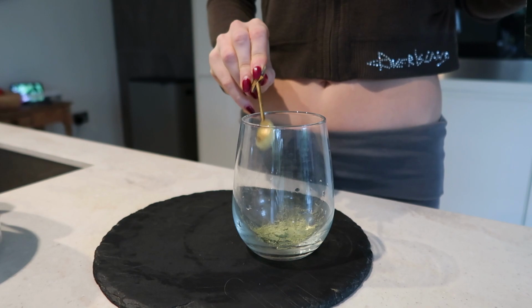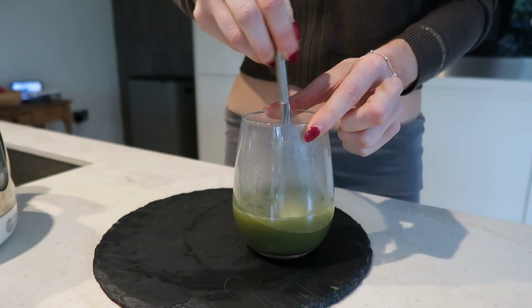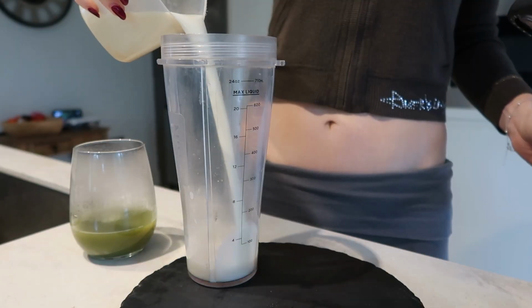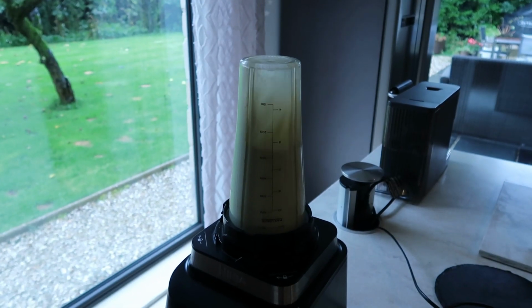So for my matcha, I usually do about 2 teaspoons of matcha powder, and then I add some warm water, some agave syrup, and whisk that up. And then I've started to blend the matcha with the milk in a blender, and it makes it so frothy and delicious. And apparently I didn't film a clip of me pouring it into the cup, but it was frothy